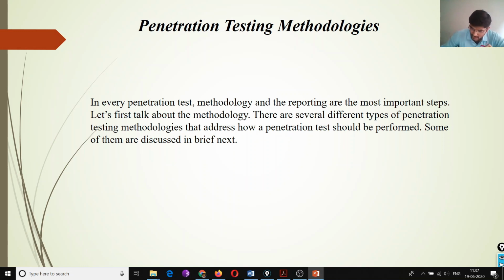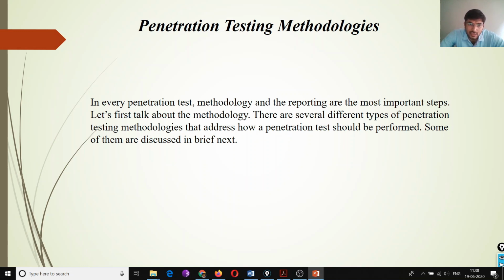Because there are three important methodologies that we need to discuss, right? Every penetration tester uses a particular methodology according to the need. A few methodologies are based on network penetration testing, a few are based on web applications. So it depends on the purpose of the penetration tester, and accordingly he or she will use it.